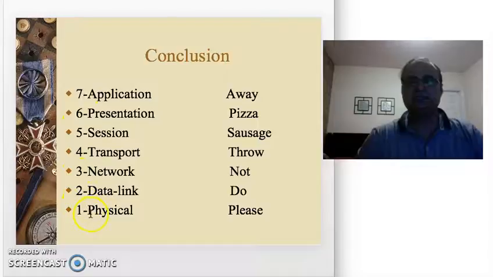They start from bottom: physical, data link, network, transport, session, presentation, and application. So I have made this sentence for that: please do not throw sausage pizza away. The first letter of every word gives us a hint for the layer. So I think it has made it a little bit easier for me